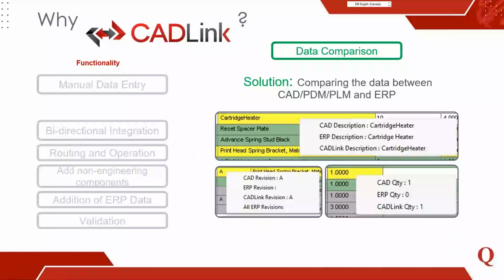Next, it offers a visual data comparison. So CADLink is not a data dump tool. Instead, it has a user interface that displays a live comparison between that CAD, PDM, and PLM system and NetSuite. So what you'll see here is that any discrepancies will be highlighted in the color yellow. And upon right-clicking, you'll be able to view the differences and also make informed decisions as to how to synchronize